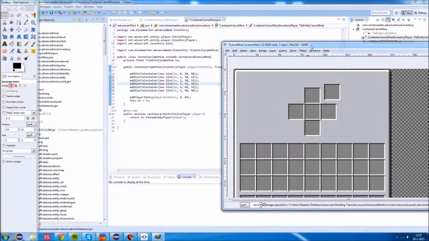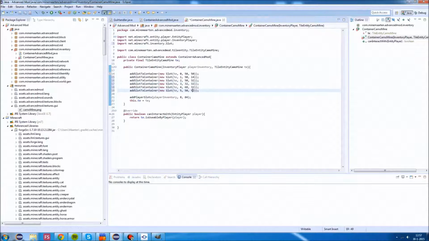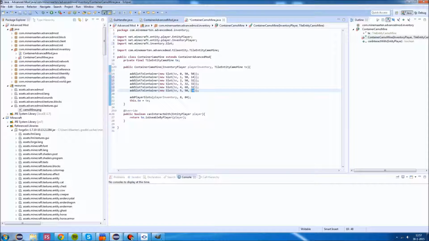So I've done 0 is this one. No, 0 I've made this one. 14 is 2 slots up, so that's there. Then this one is 1 slot down again from there. It's in between these 2 slots. Then we go left from that slot, so that's the 32 here, and 68 is over here. And then we should do about 5 to the right, 5 above. So that's really pixels, this. 5 to the right, 5 above. And a full slot to the right. So that's 9 and